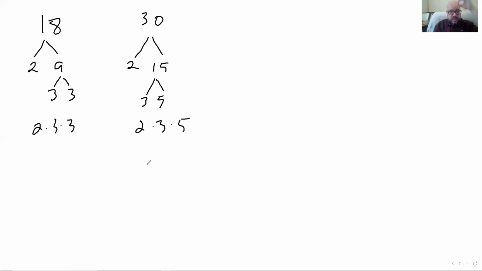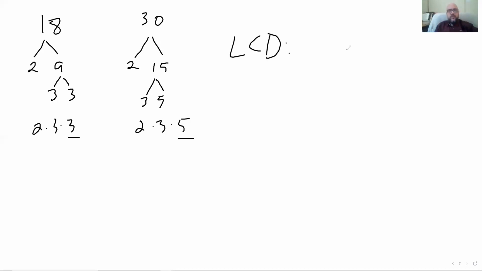So the way I want to look at this is the thing that 18 is missing is this 5 here. And the thing that 30 is missing is one of the 3s, right? It's only got 1 3, it needs 2 of them. So what I need to do is multiply both things by whatever they're missing. Now, you can see that in the LCD, right? So if I were to find the LCD here,